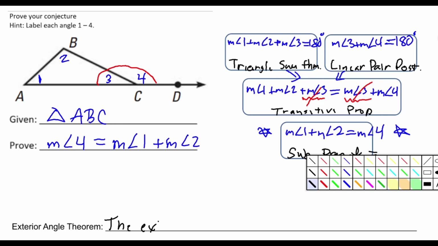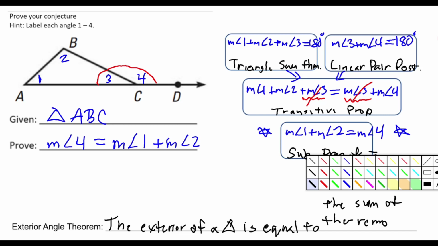The exterior angle of a triangle is equal to the sum of the remote interior